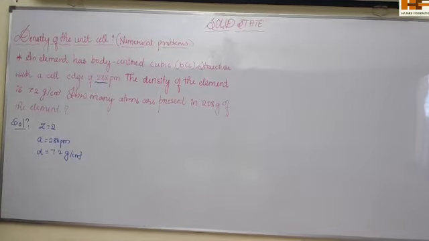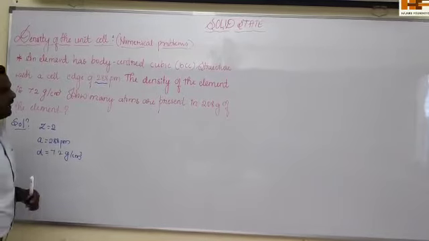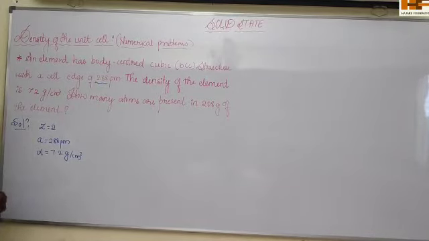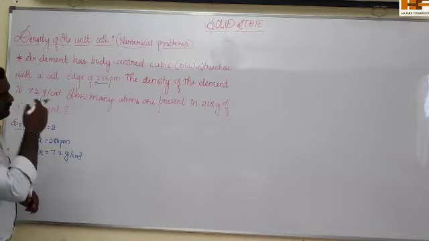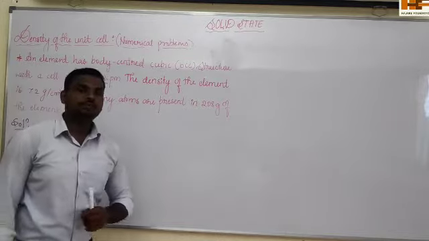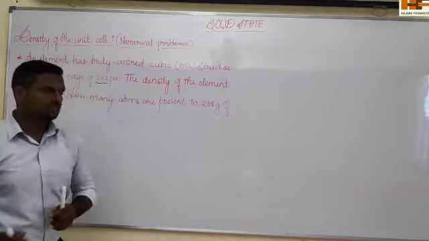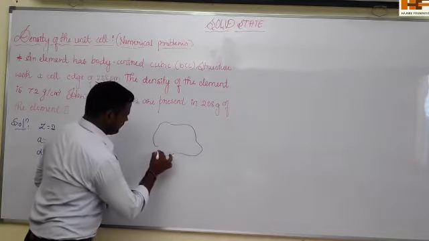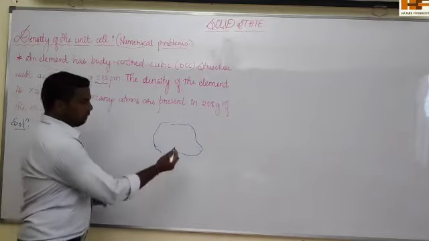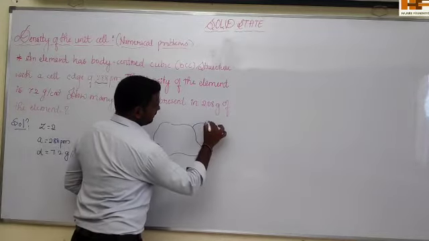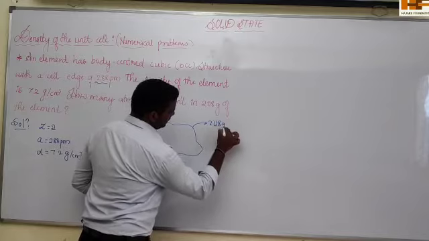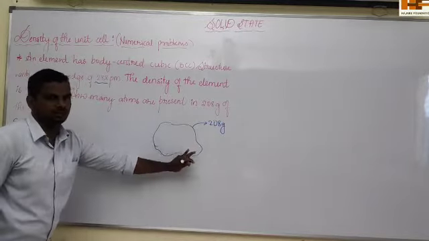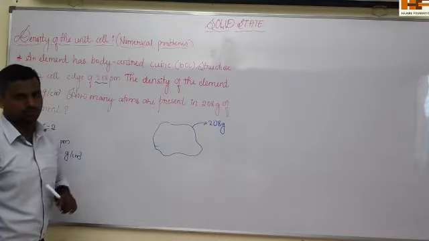They told you to calculate the number of atoms present in the 208 gram of element. For this, first I have to find out the number of unit cells present in this element. There is an element here. The mass of this element they are given, that is 208 gram. I don't know the volume of this one.